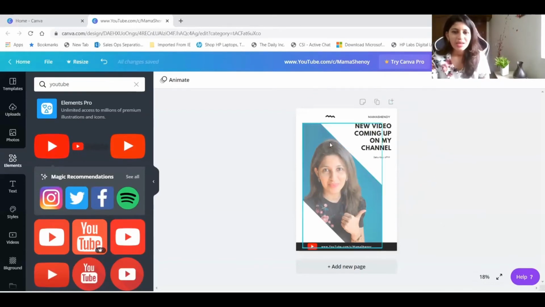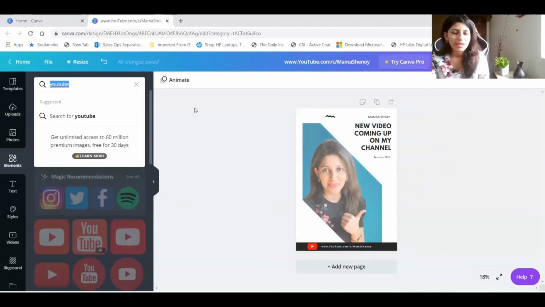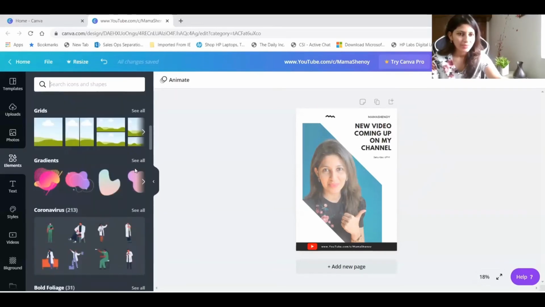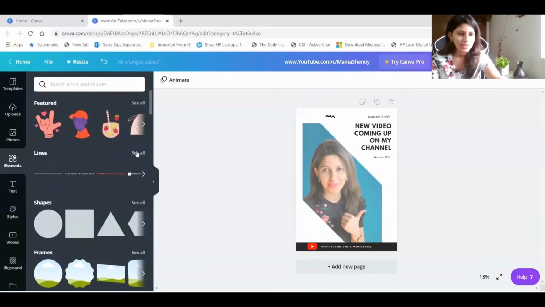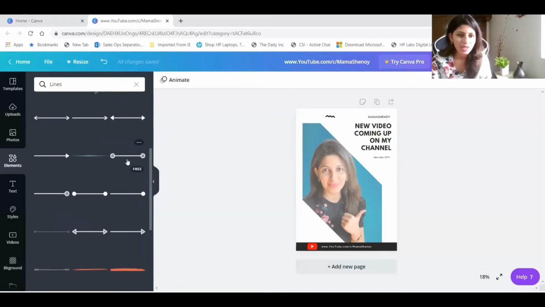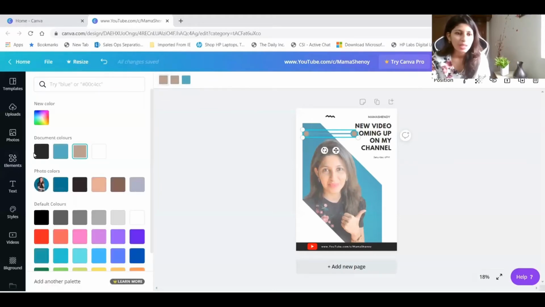So I feel that this is slightly blank, so I would want to include some lines, right? What I can do is go to elements, and you have these lines. Go to all the lines, and I can include any of the lines which I want. Imagine I like this. I can just click, drag and drop, and the best thing you can also do here is change the colors of all of these. Imagine I want it to be all black. Just hover, click on each of these and change it to any of the colors that you are looking at.